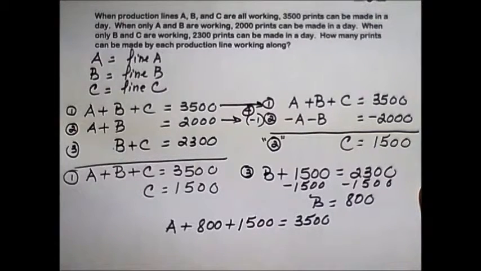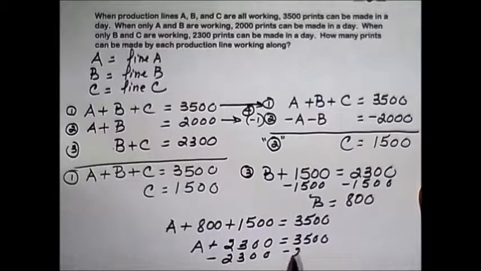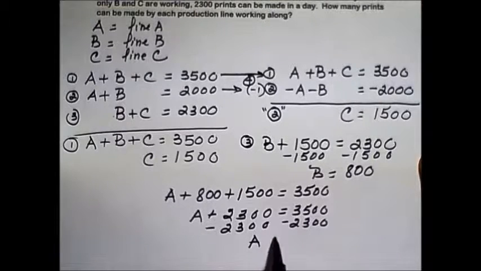Plugging these in, we will add these two numbers together, which gives us 2,300. Subtract 2,300 from each side, leaves us with A is equal to